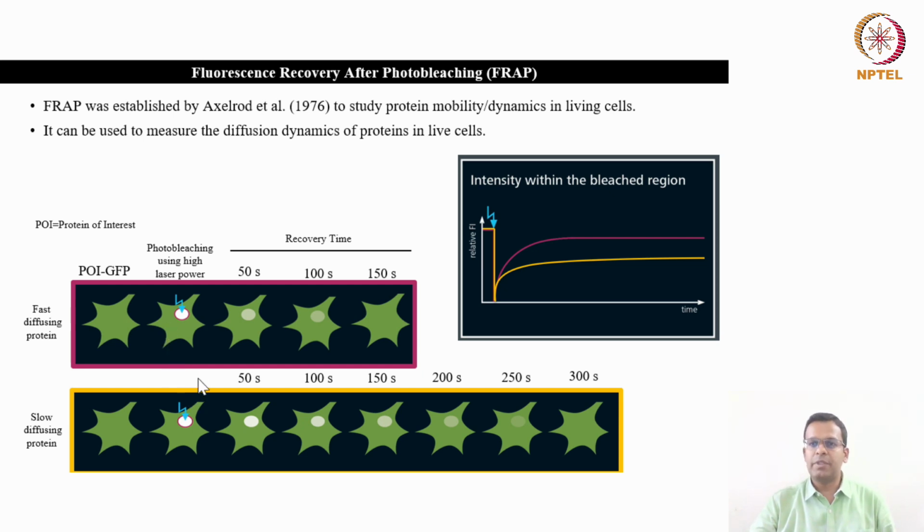And for minimizing the iterations, what you can do is you can just use your laser at 100% power to reduce the number of iterations to bleach this area. It should not be like you use your laser with 30% power, but go for prolonged bleaching. You bleach your sample for 10 iterations, even by giving 100 or 200 millisecond pulses. Okay, so keep your laser pulse for shorter duration as much as possible, generally 30 to 50 milliseconds. Use laser at 100% power and try to bleach the area as quickly as possible.